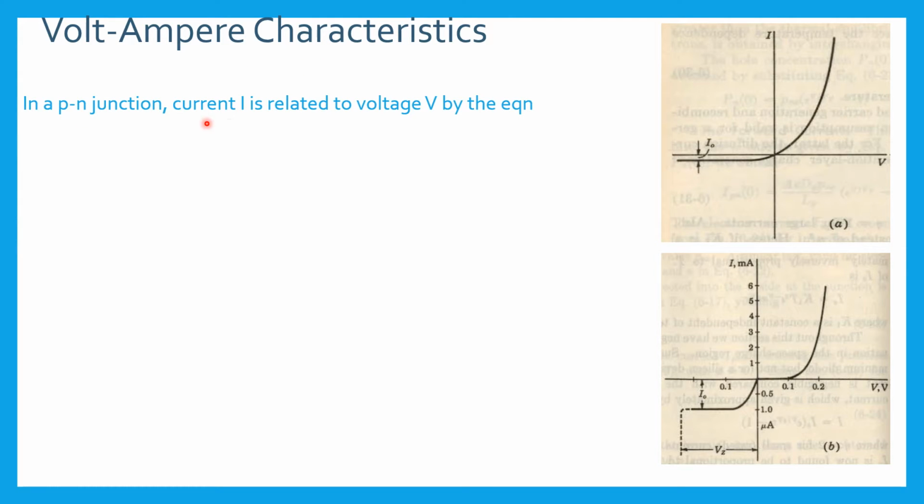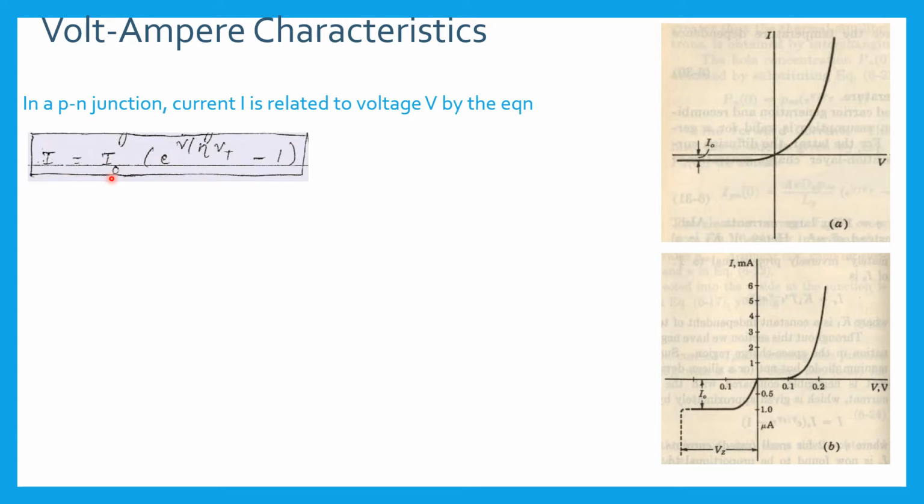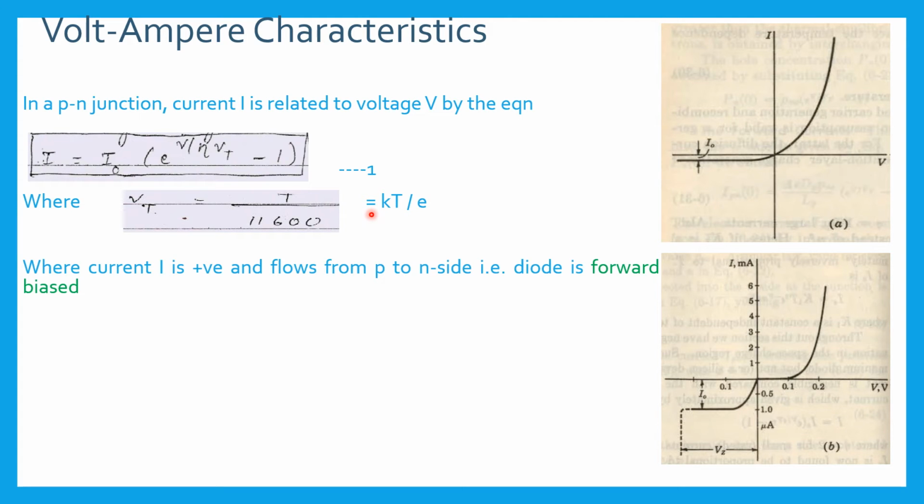In a PN junction, current I is related to voltage V by the equation I = I0 (e^(V/(eta Vt)) - 1). Equation 1, where Vt = T/11,600 = kT/e. Current I is positive and flows from P to N side, that is, the diode is forward biased. Eta is equal to 1 for germanium and eta is equal to 2 for silicon, and Vt is a volt